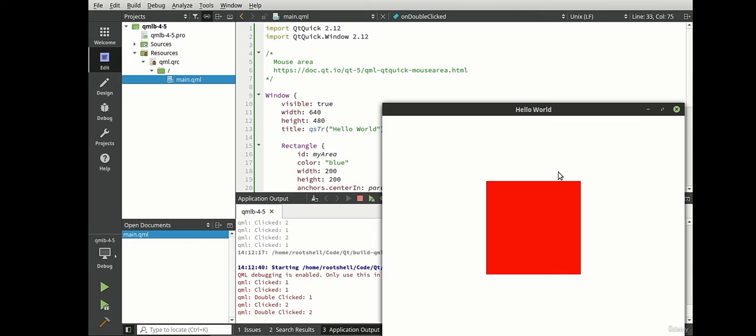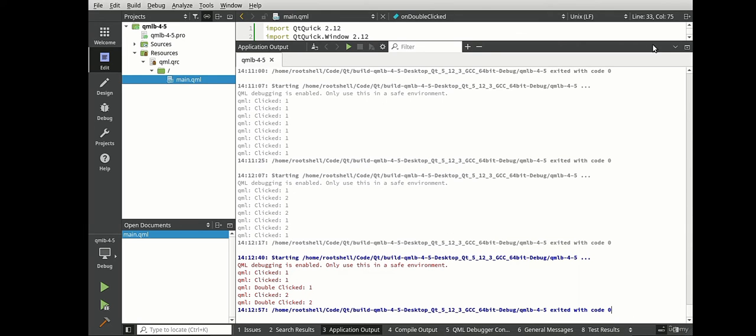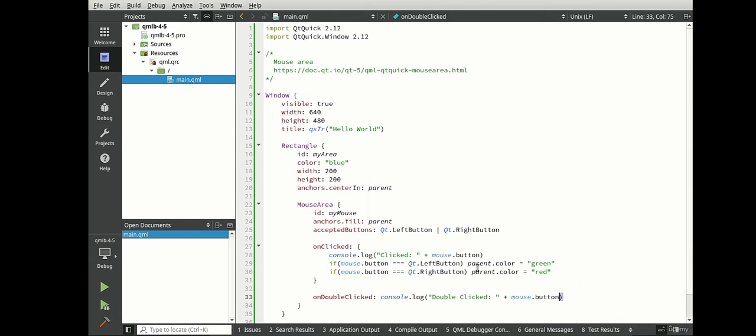Now we want to do interactions as far as entering and exiting, and we want to monitor the position of the mouse. So let's, whoops, way too big on that. Let's get rid of that. And we want to monitor the position changed. And we're going to say